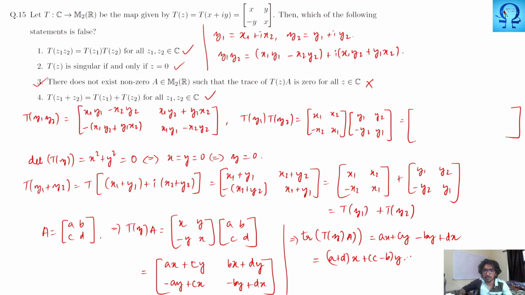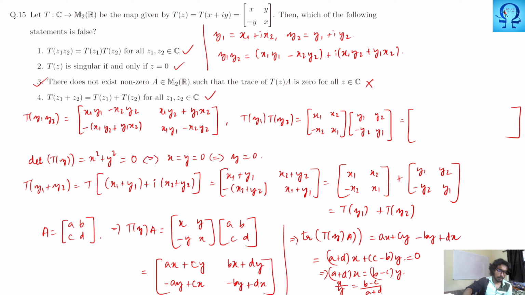Is it possible? Yes, this is possible, when (A plus D) times X is the same as (B minus C) times Y. So we have X upon Y equals (B minus C) upon (A plus D). If we choose A, B, C, D, whatever complex numbers they may be, in such a way that not all of them are 0, then of course the trace is going to be equal to 0, right? So that is what is said in this problem.